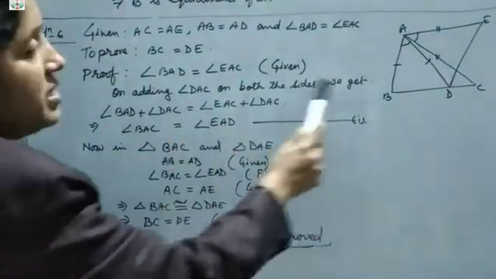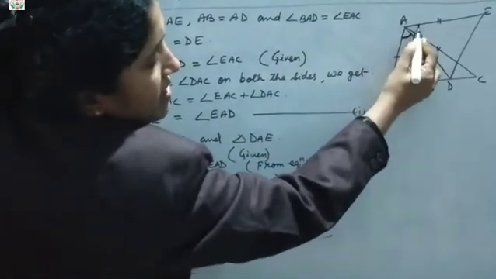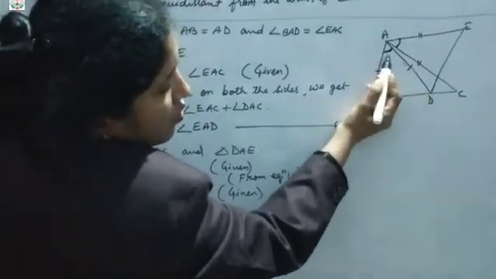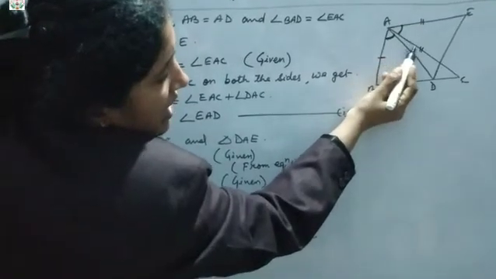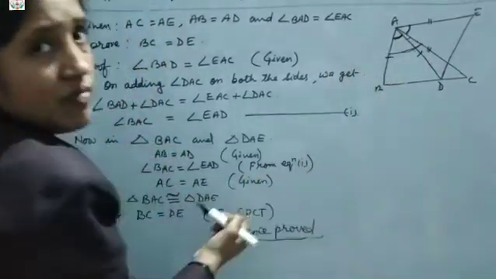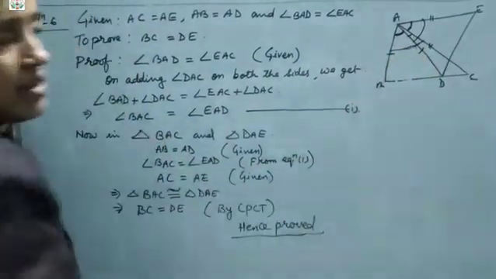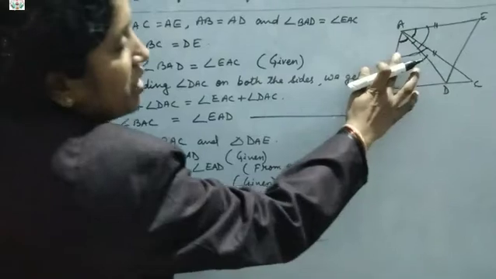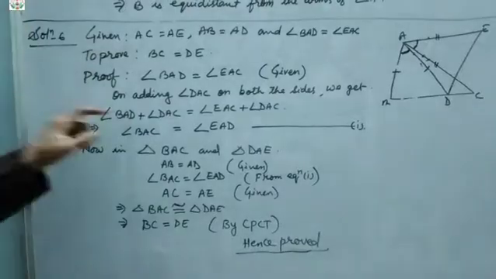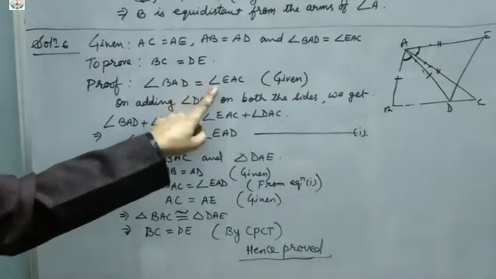Okay, so now in these two triangles, first we'll see in between this angle and this angle. This small angle, can you see that DAC is there? So to this angle, if I add this, my angle will be like this. If this is added, so my angle will be this big one. Same way to this angle, this small one. If I add this, I will get this whole angle. Yes or no? So that is why what we'll do, what is given from there, we will add this small angle. Okay, clear, understood? That means given part which angle, that is angle BAD is equals to angle EAC.